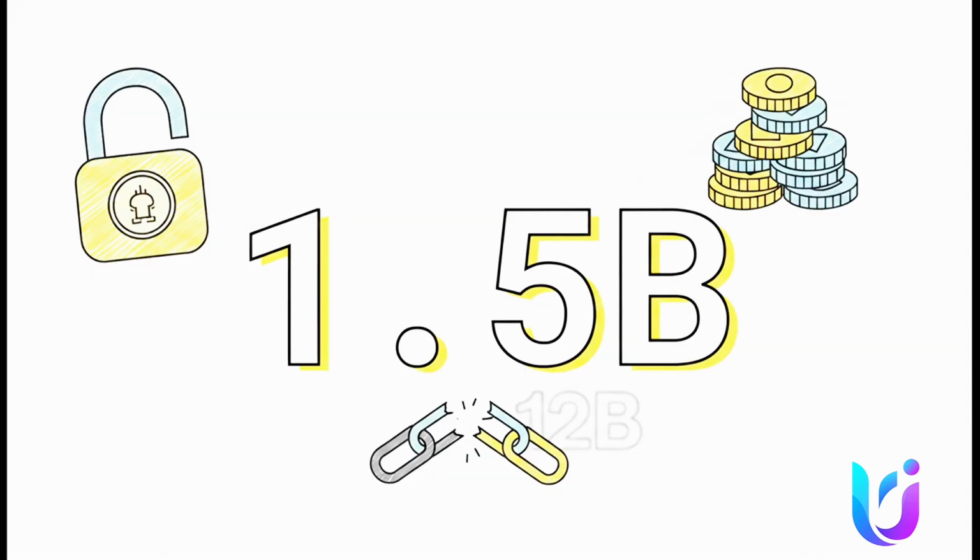Now contrast our previous Titan with this stark reality. A highly exclusive total supply of just 1.5 billion Univex. Remember, UVX had 12 billion, so this is a fraction of that size. And that scarcity, that is totally by design. It makes each and every token hold significant weight when it comes to the